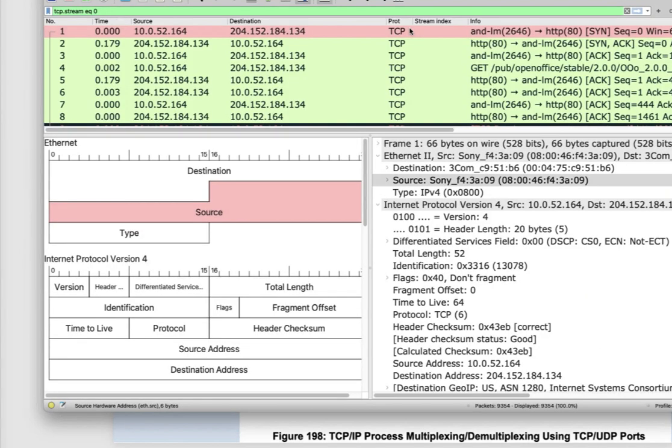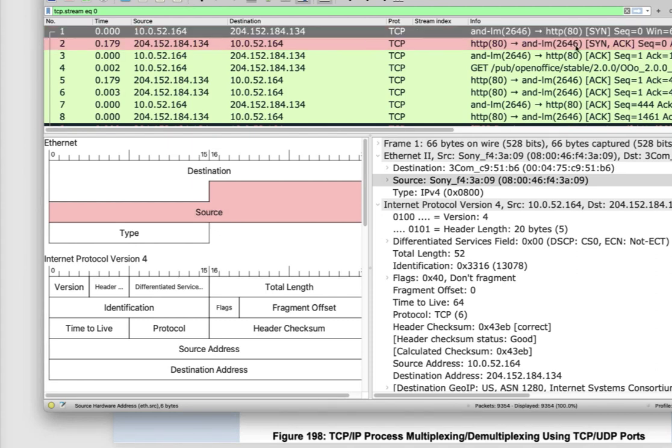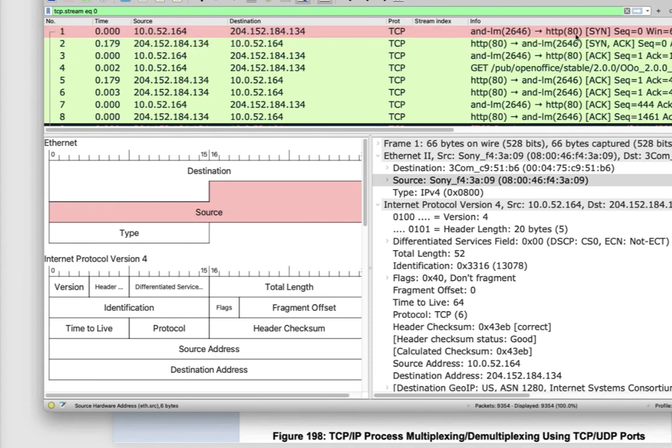So back in Wireshark, when we look at the conversation in this trace file, we see the result of each of these packets that have been built. The SYN, the SYN-ACK, and the ACK packet, the first three packets here, the three-way handshake that creates the TCP connection. We have a synchronization request from our local telnet saying, I'm here and I'd like to talk to you on port 80 if you've got somebody there. And then we see a SYN-ACK back to our port 2646.